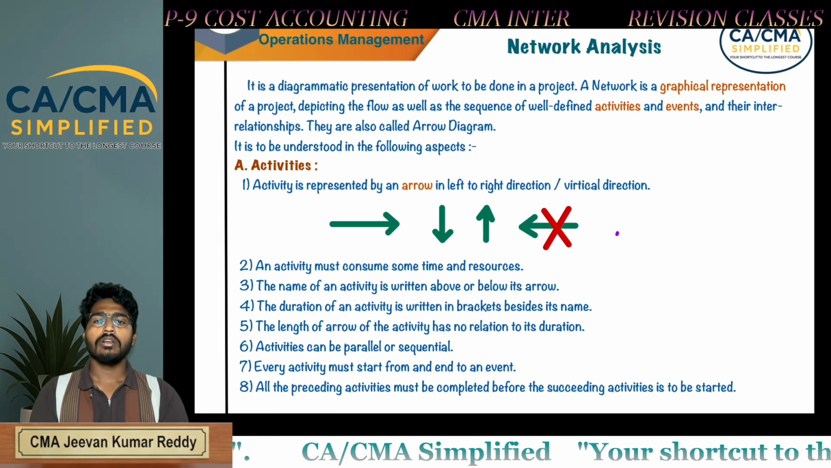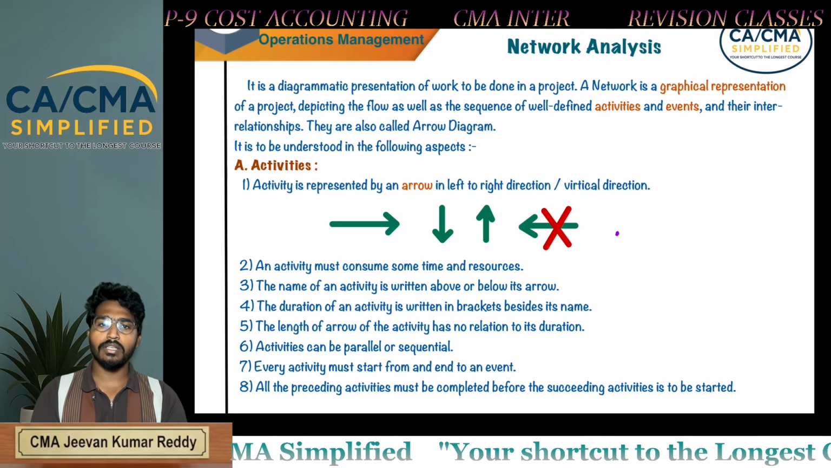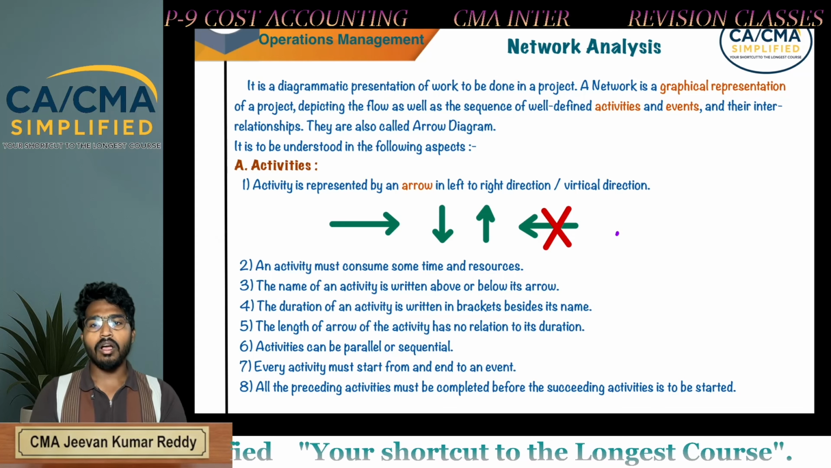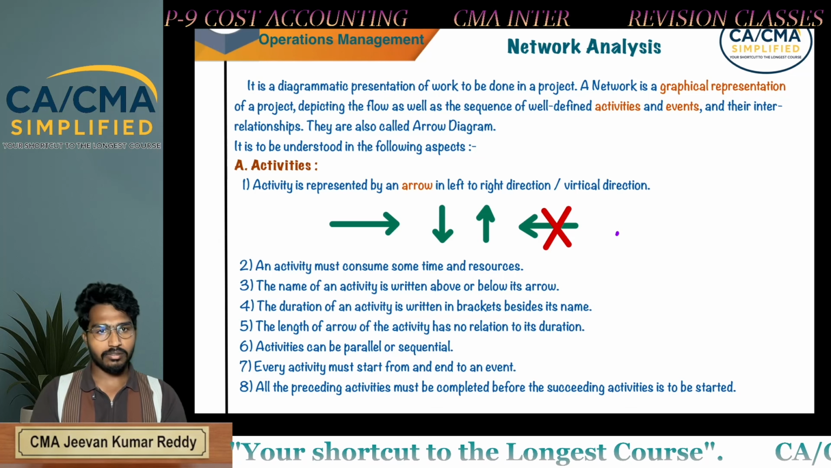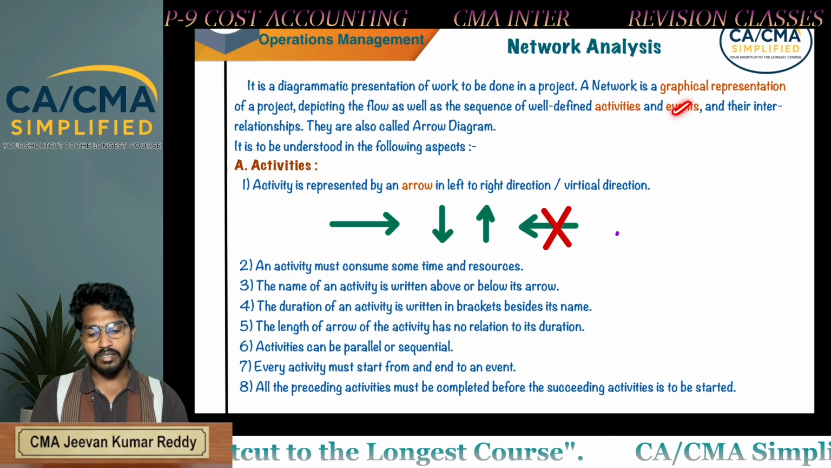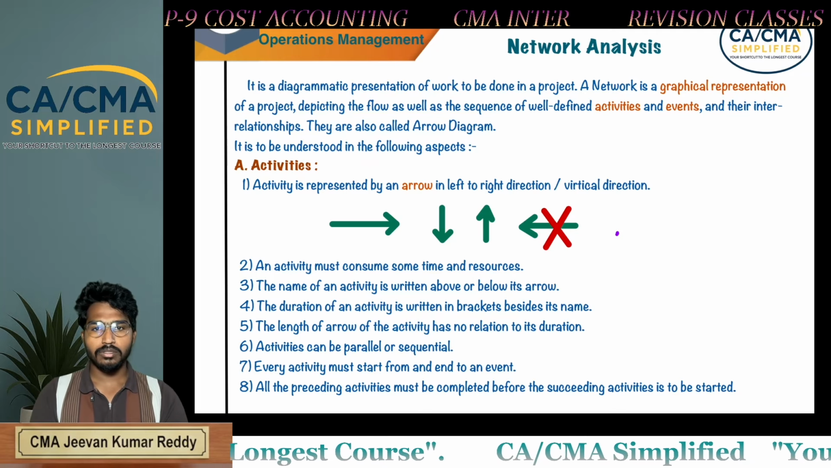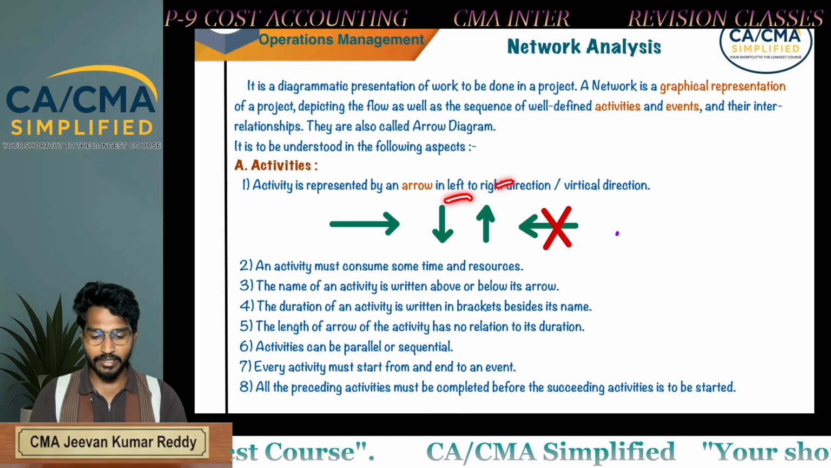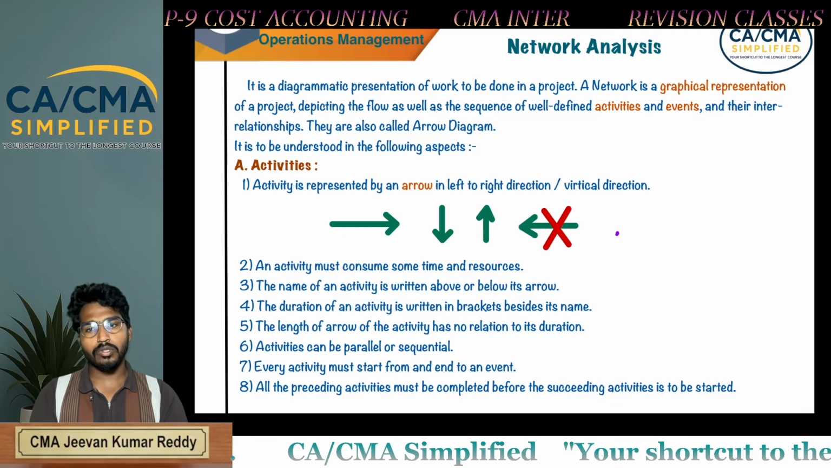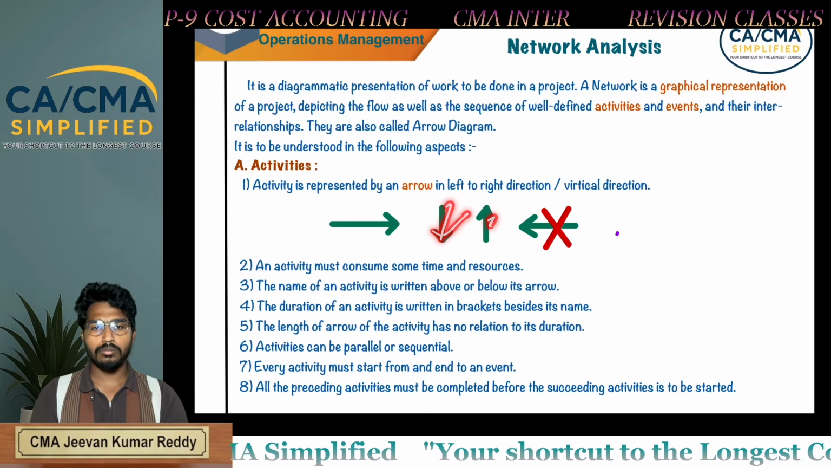Next, for doing any type of problem in project management, first you need to draw a network diagram. So what is a network diagram? A network diagram is a graphical presentation of all the activities in a sequential order. In a network diagram we have two things: one is activities, another is events. First of all, what are activities? Activities are represented by arrows in left to right direction, or upward or downward, but not right to left. So you can draw an arrow from left to right or upwards or downwards, but not